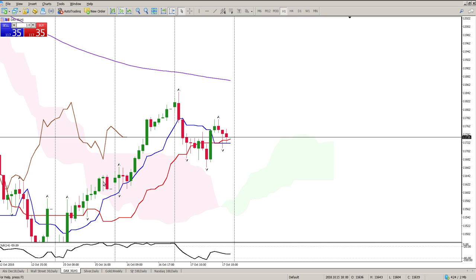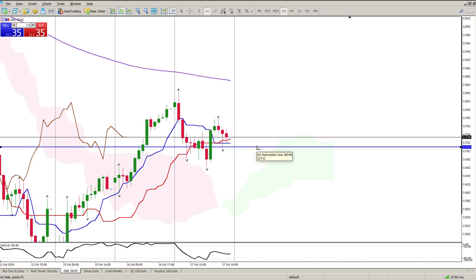And yesterday I pointed out that we had a strong trend, but a lot of people do take the trade on the break, and they're willing to sit and wait it out. I'm not in that camp, so I'd like to see a retest of the cloud. Here was my retest. You can see I've had two attempts to break back into the cloud, and we've bounced off it. So now this brings my two levels into play,